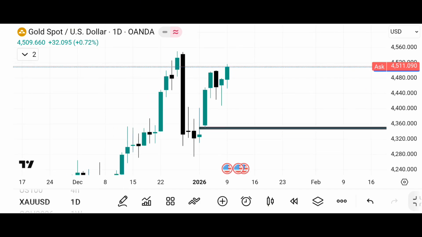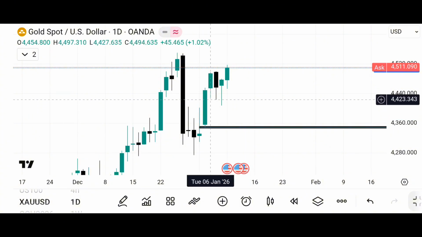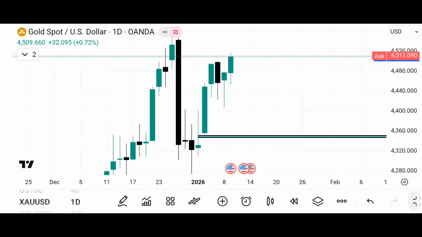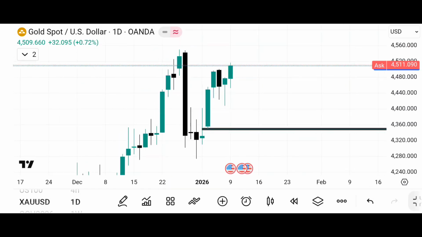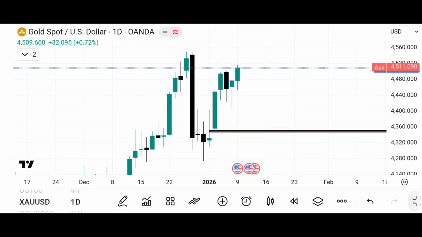Okay, so I'll do a quick talk on the daily chart so we can have a clear understanding of the bias for today that played out on the 9th of January. So this is actually the 9th of January. Okay, so